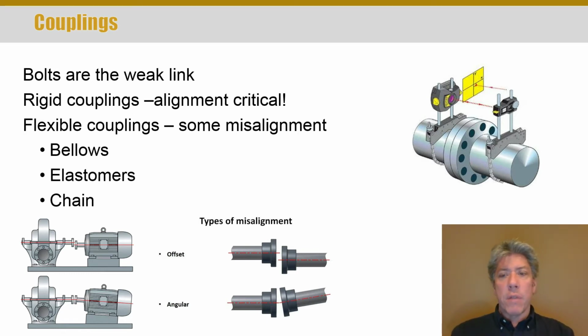As a matter of fact, there are very expensive systems you can buy or rent that help in aligning shafts. And you see a sort of cartoon version of it in the upper right corner of the slides. A lot of times you have a laser and detector on one side and essentially a reflector on the other. You mount these two rigidly to the two shafts, and then you rotate the entire assembly through 360 degrees, sometimes more than once. It takes measurements of exactly where the laser bounces off and points back. It has a detector that detects the motion of the laser, and from that and a little bit of math it can figure out exactly how much offset and how much angular misalignment the system has